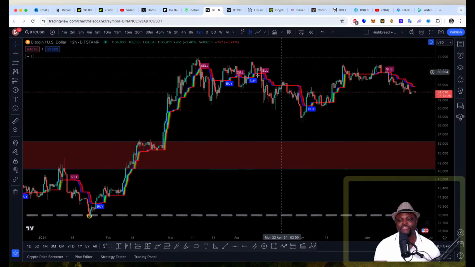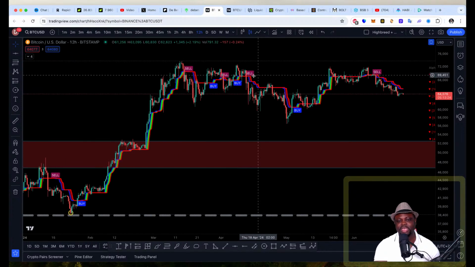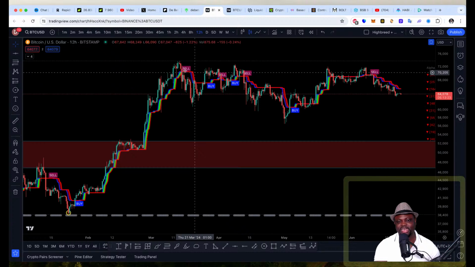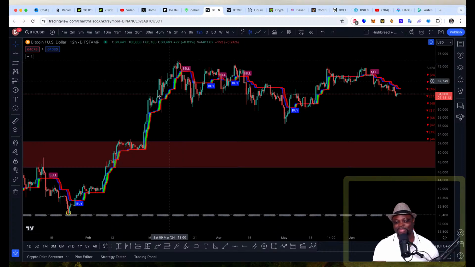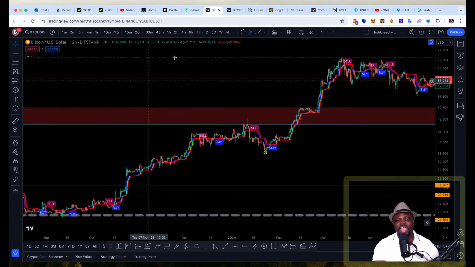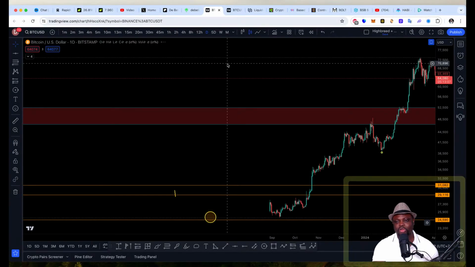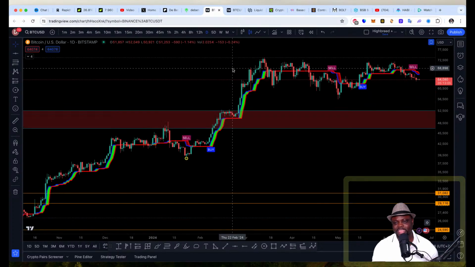So if I bring this back, you can see ever since the Alpha Trend printed a sell signal and closed below, we haven't seen price break this high yet. It's somehow crazy, but it's reasonable. Even if I go back to the daily time frame, you can see good data about this also.